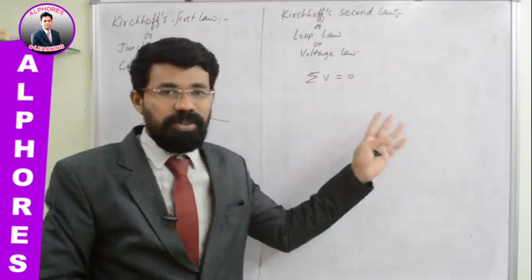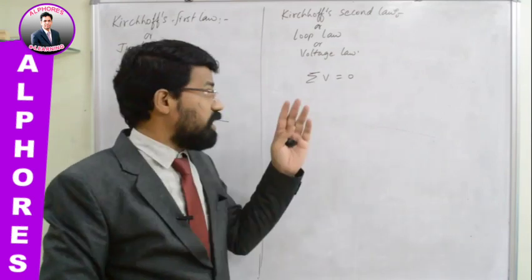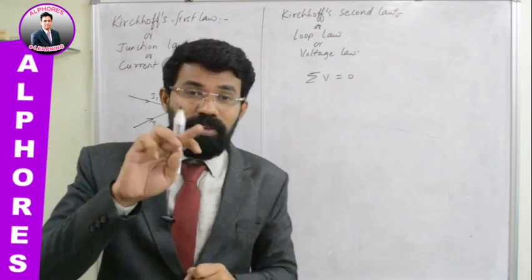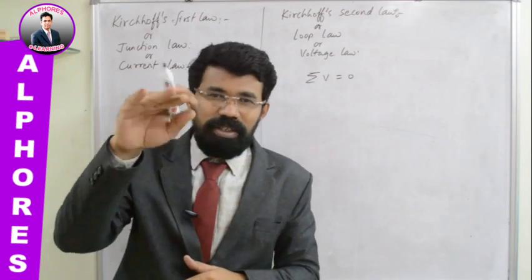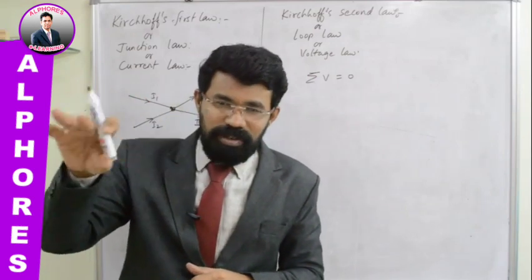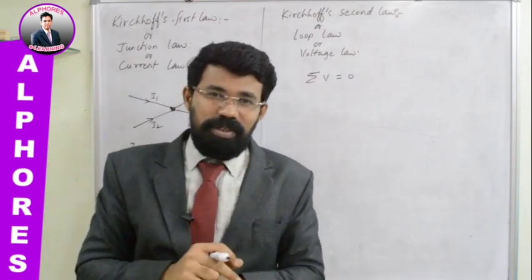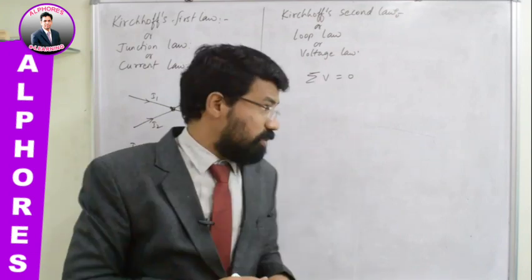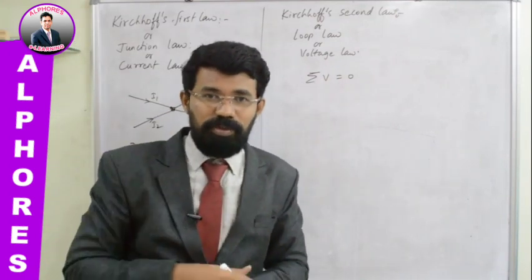When I deal with one circuit, you will come to know how this sigma V equals 0. So what is the statement? The algebraic sum of potential drops across all the circuital elements. You can take any number of resistors, whatever electronic circuital things are there in the circuit, across all those circuital elements, potential drop will be there. When you add all those potential drops, how much will it be? It will be 0. The algebraic sum of all potential drops.